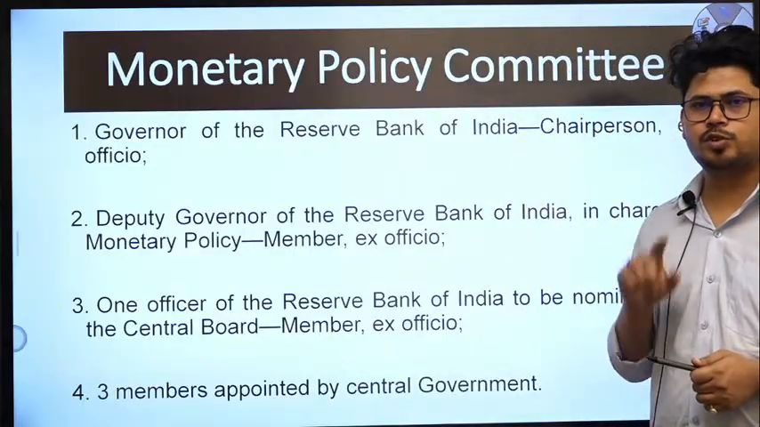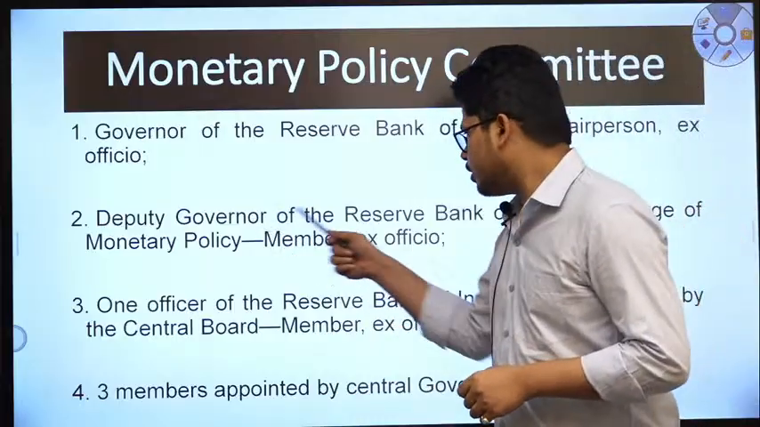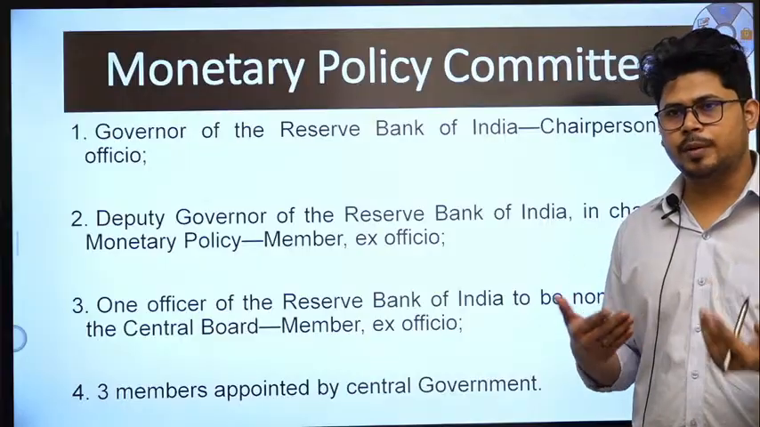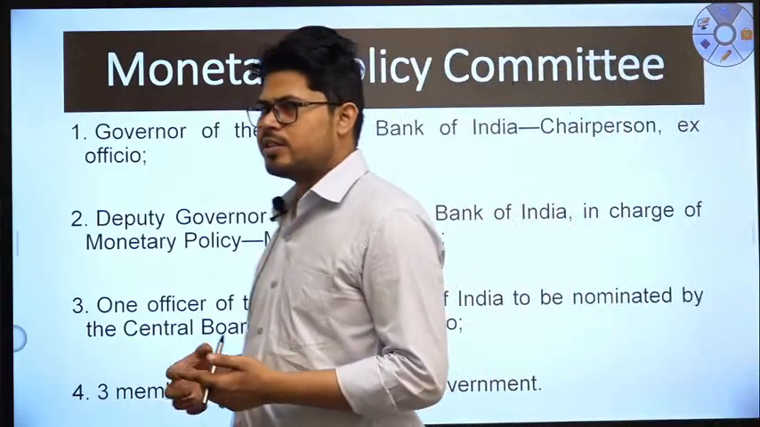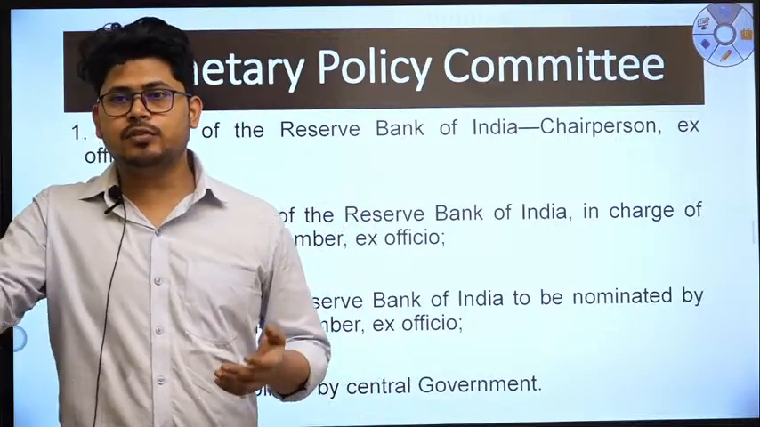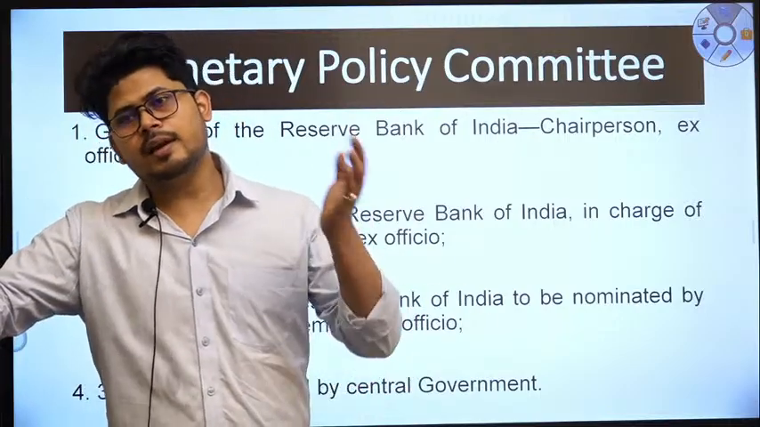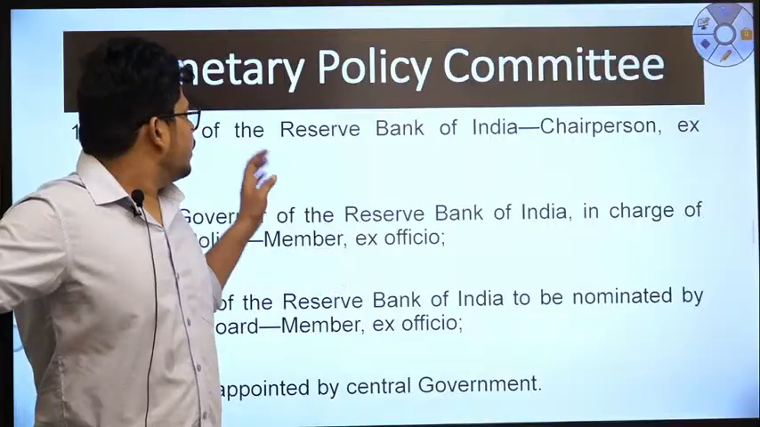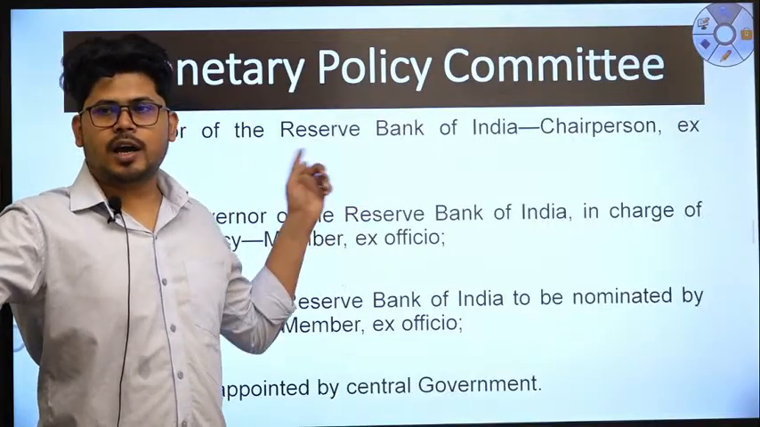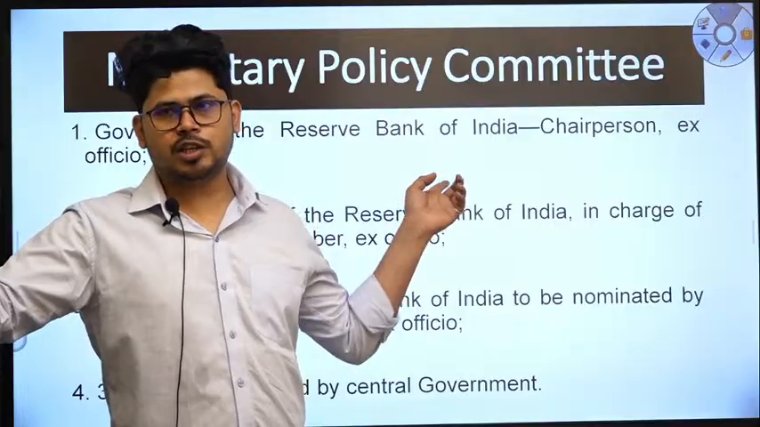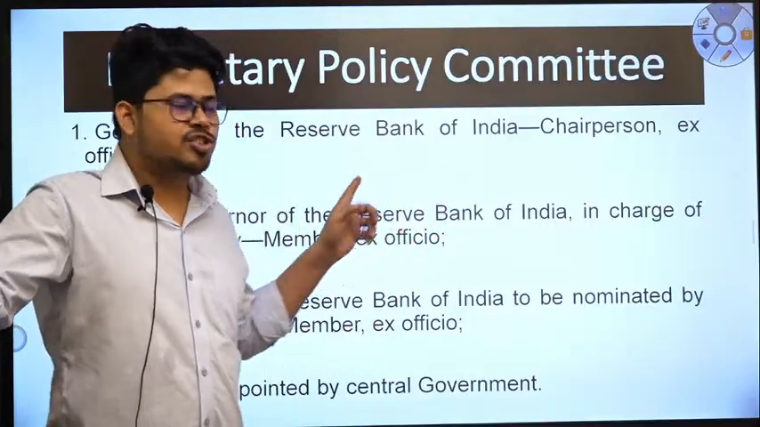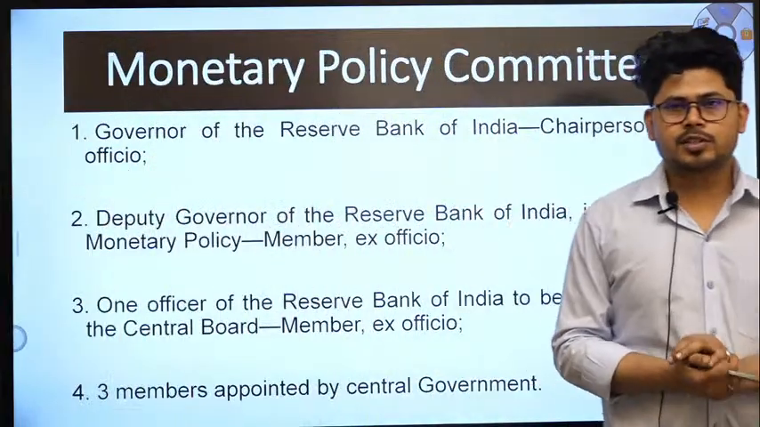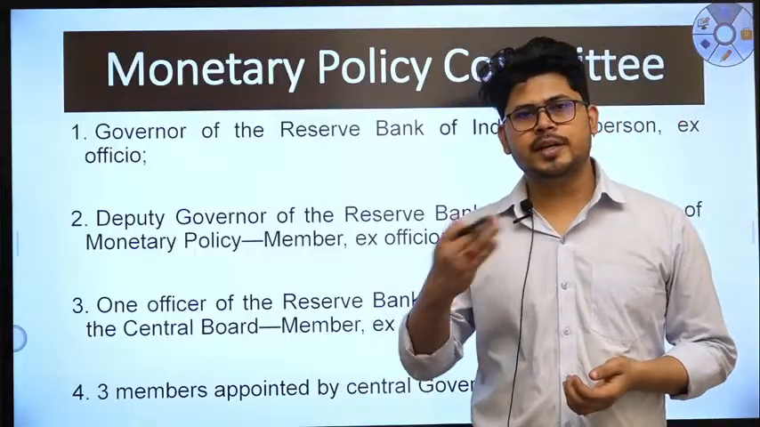He was chairperson, ex officio chairperson. And Deputy Governor of the Reserve Bank of India, he was of course an ex officio member. Ex officio means by virtue of, ठीक है, by just being the Deputy Governor of the RBI, he became a natural member of the committee. ठीक है, जब एक्स ऑफिशियो कहते हैं तो ये होता है। ओके, तो सिमिलरली द गवर्नर ऑफ द आरबीआई वाज चेयरपर्सन ऑफ द मॉनेटरी पॉलिसी कमेटी, ठीक है, एंड इन चार्ज वाज डेप्यूटी गवर्नर ऑफ द आरबीआई. The third person was one officer of the RBI that was to be nominated by the